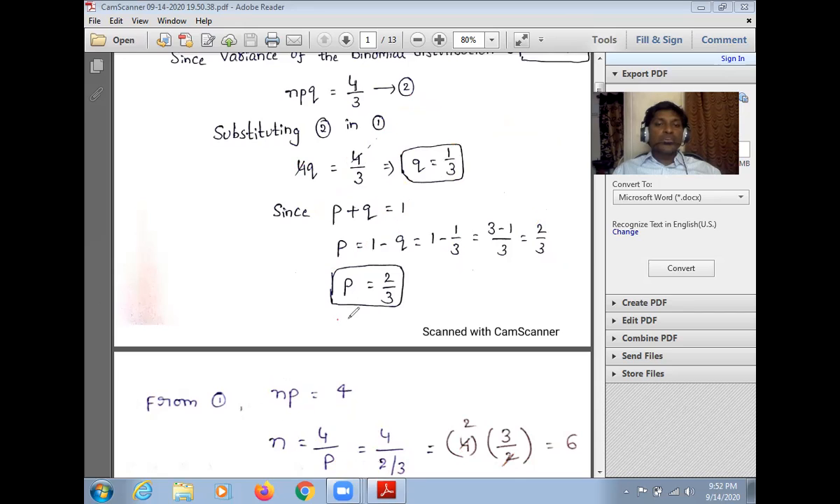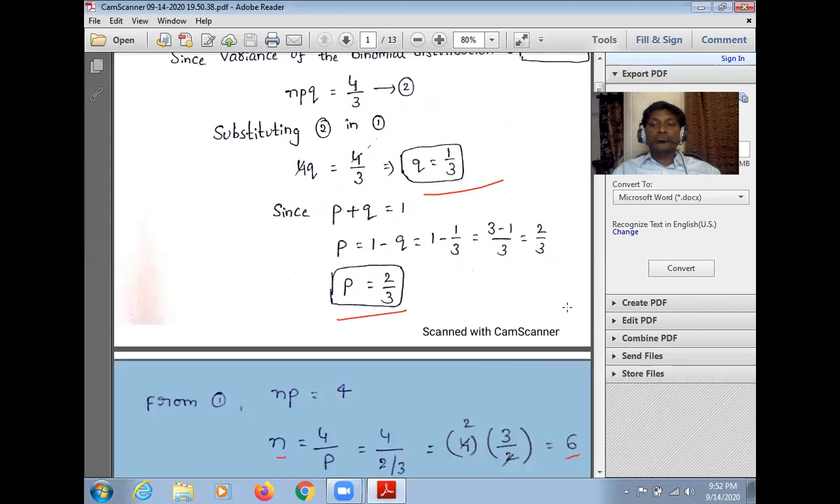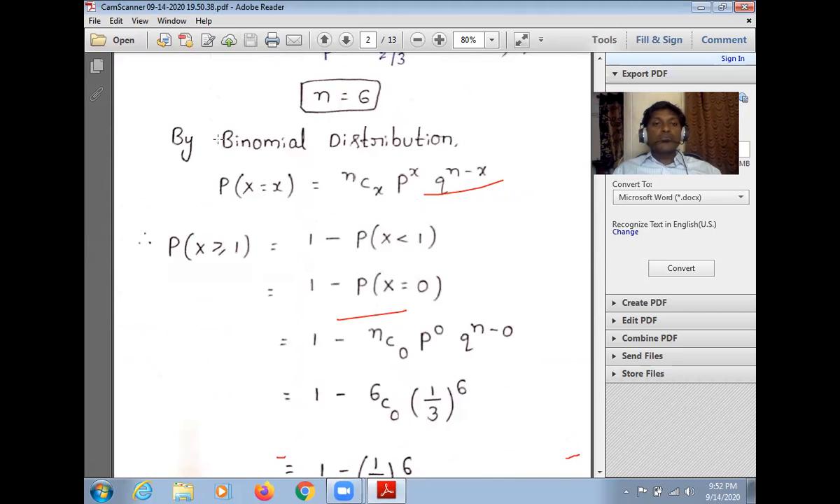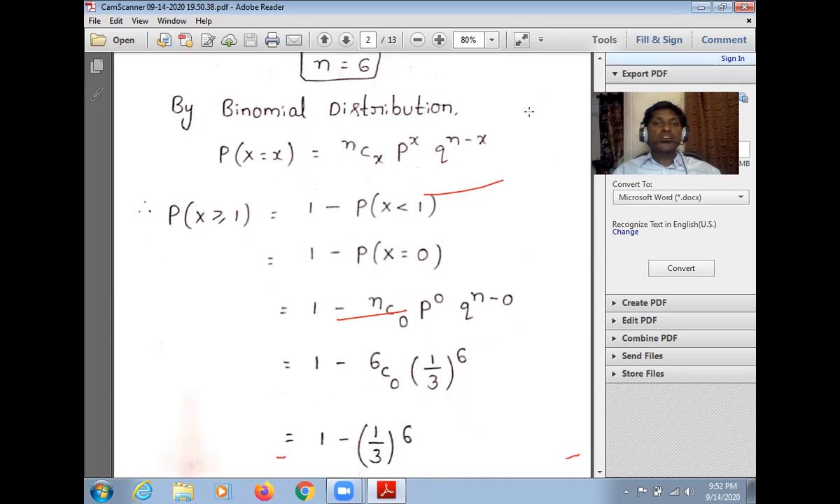Next, P we got it, Q we got it, and N also we got it. Now coming to the next step. Here it is. By binomial distribution, this is the formula we are using here, right? By binomial distribution, what we know is that P of x is equal to nCx, p power x, q power